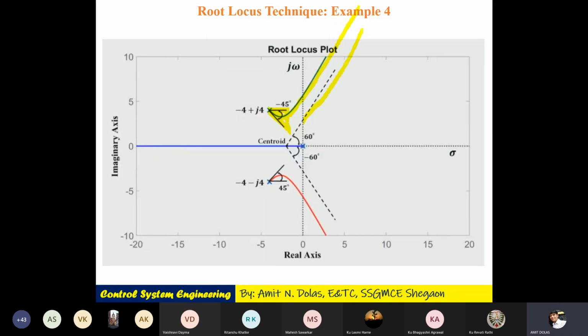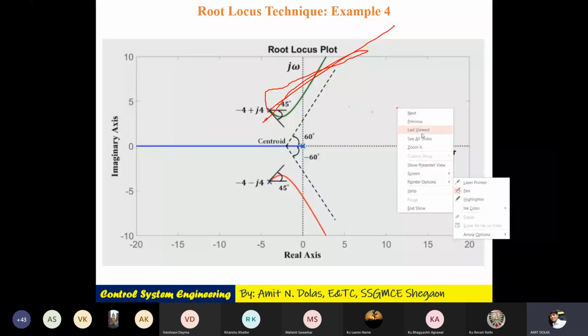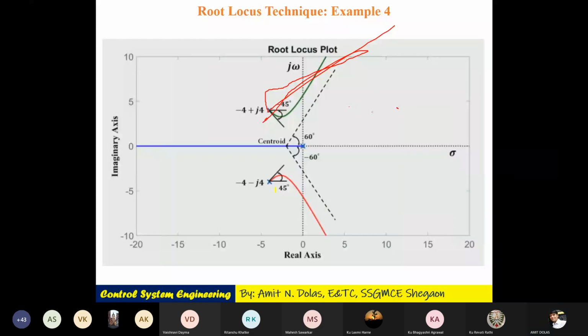Then these two are approximately parallel. This will move in this way, but not this. This would have say moved like this, or maybe with this angle. Maybe with another angle, but no, we cannot do like that. We have to calculate angle, and that calculation was minus 45 for the first root. For another, that is plus 45.